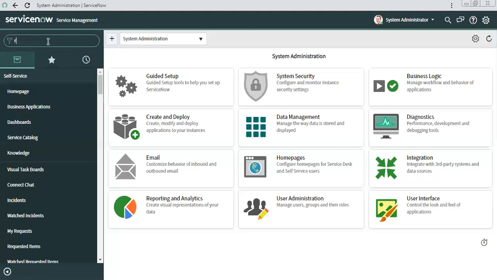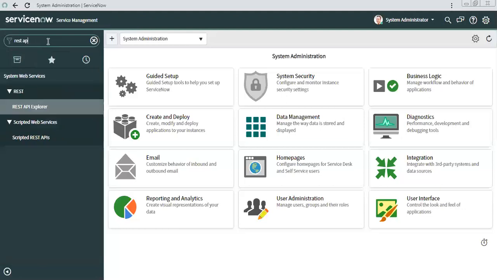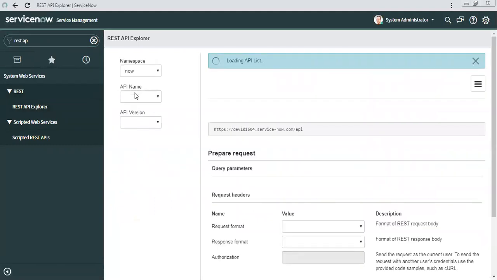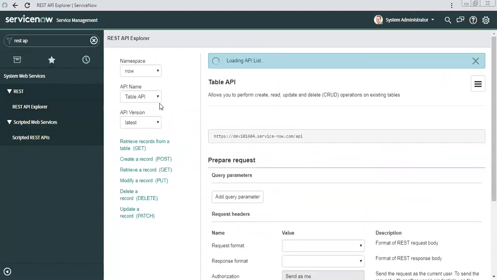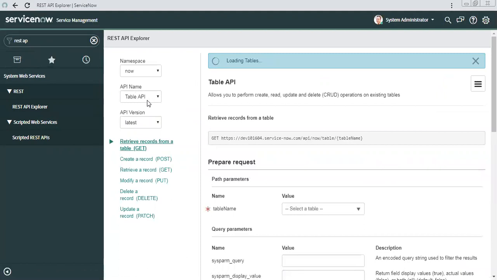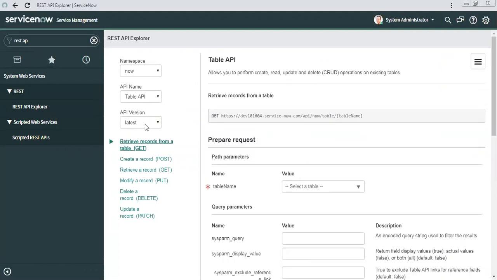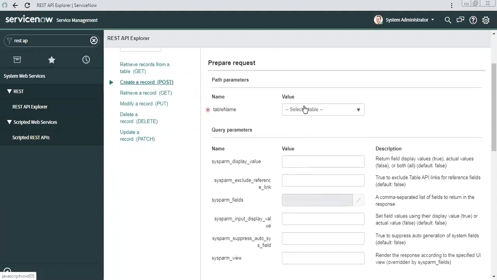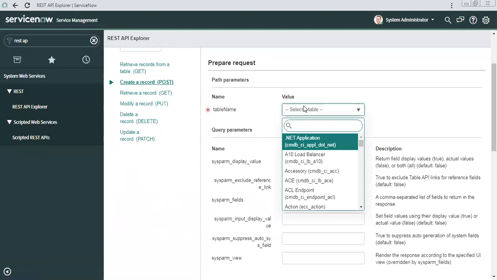First, as I explained in my previous video, I need to share the endpoint of my incident. So I will go to the REST API Explorer, select Table API, then select Post, and select the table as incident.